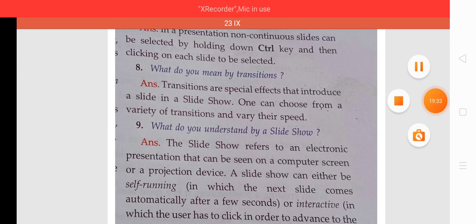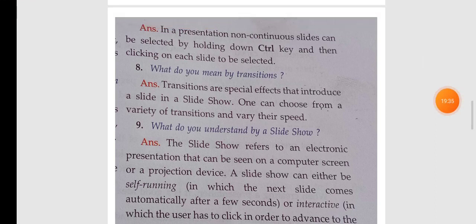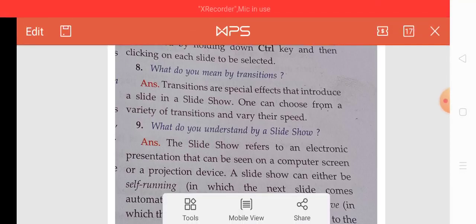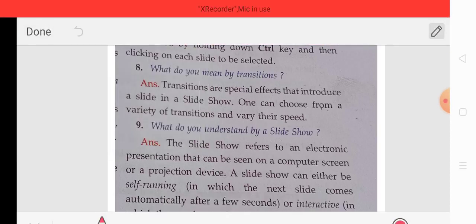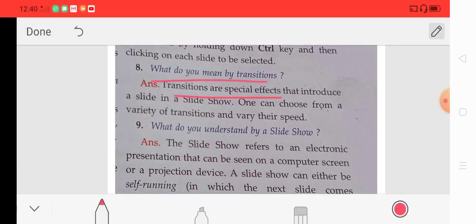Our next question is a very important question regarding the presentation tools, and that is, what do you mean by transitions? So transitions are the special effects that are introduced in a